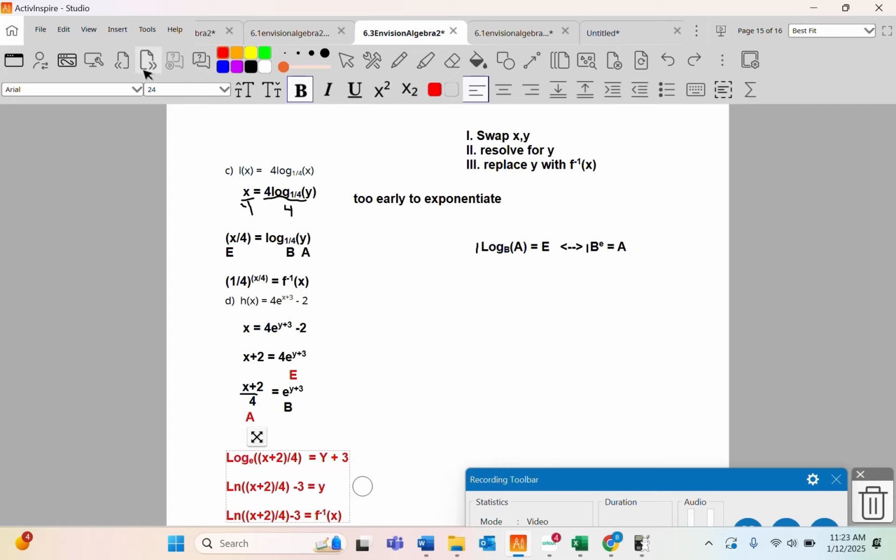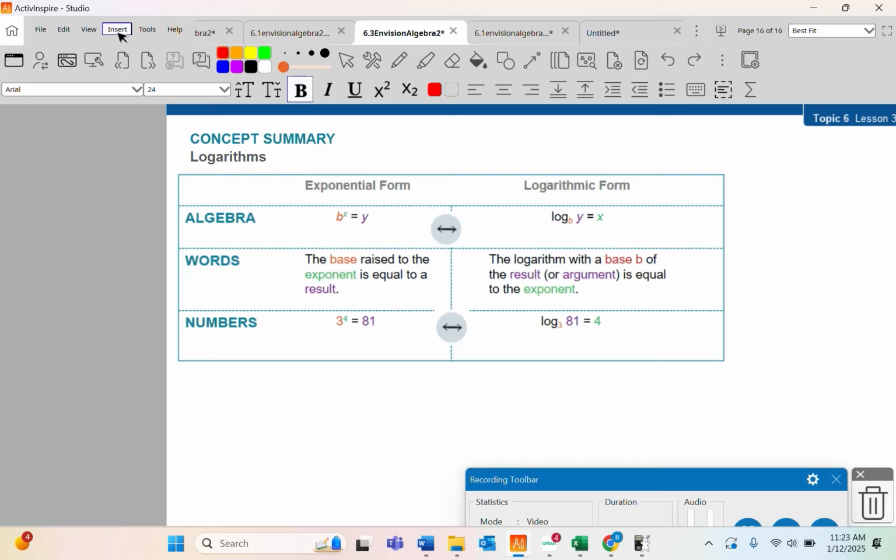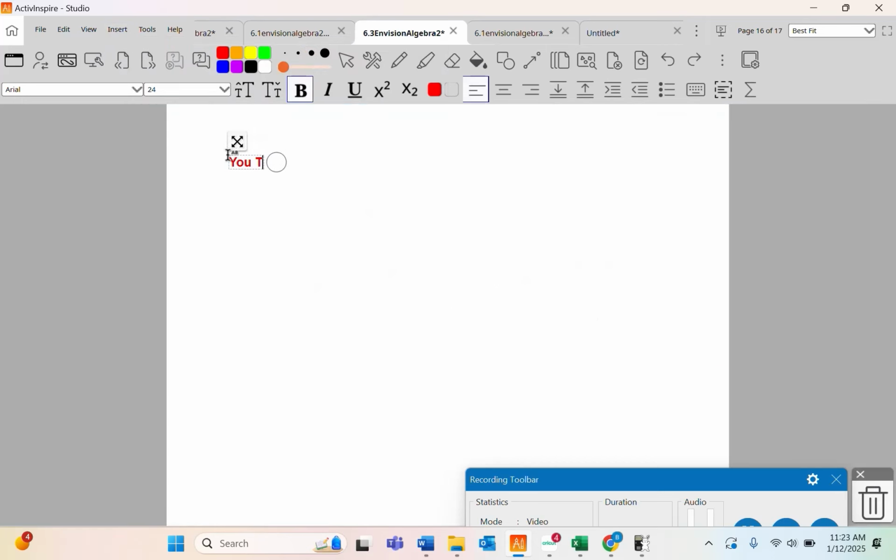So let me make up something for you all to try. Write the inverse of